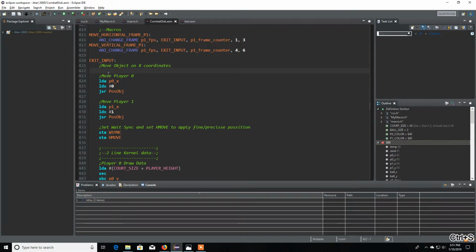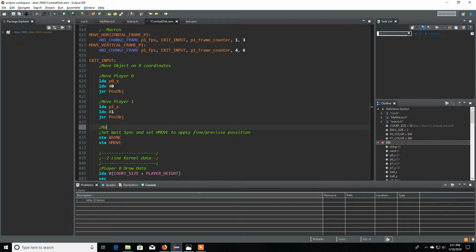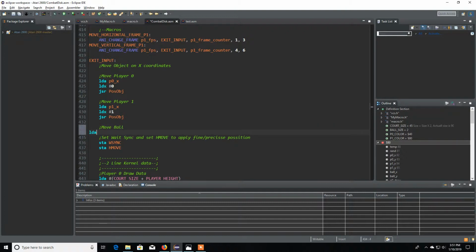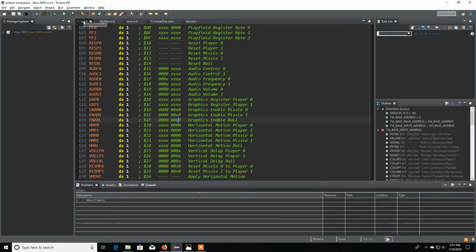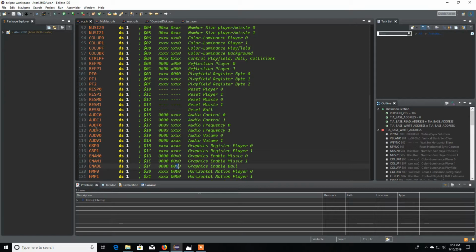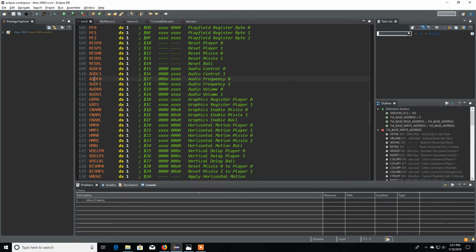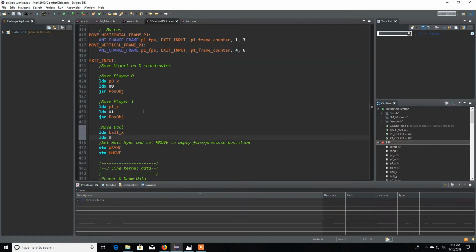So we have that, and now over here we have our move objects. We're going to need to move our ball. So let's see, move ball. Load A for ball X. Load X for desired target location. Let me come over here. Here it is. So we're going to set this player 0, 1, 2, 3, 4. So desired location is 4. So let's come over here, set this to 4. And then we're going to jump to subroutine position object